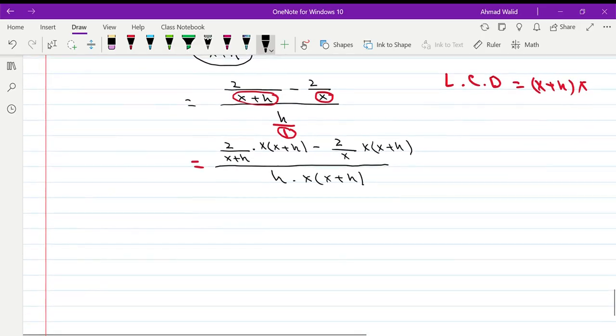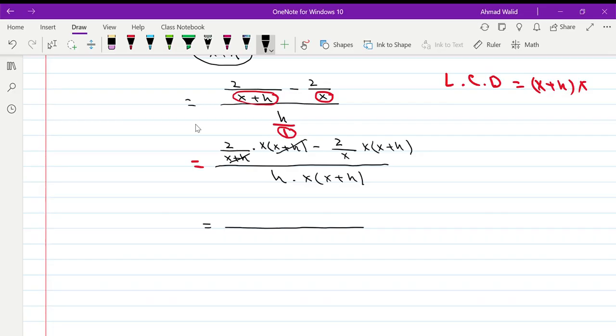Now try to simplify. These two cancel out. What is left in the top? 2x, right? Minus x cancels out with x, 2 times x plus h. Correct? All over